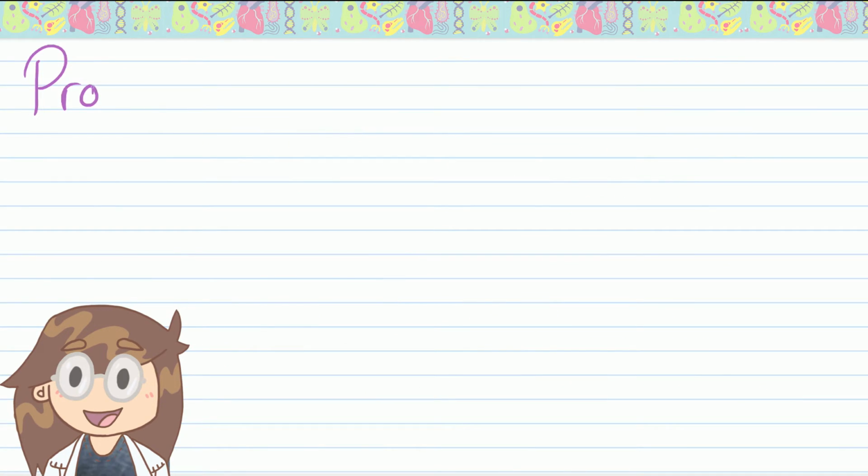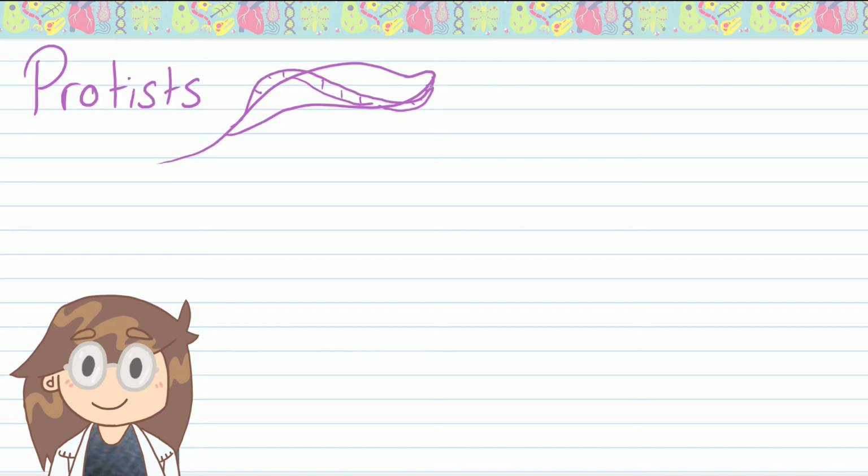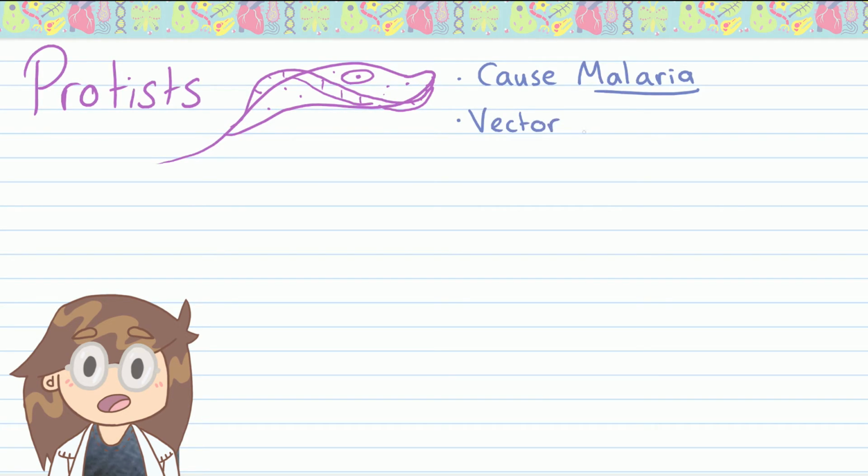Our last pathogen is the protist. The most famous protist, and the one you need to learn about for your exams, is the protist that causes malaria. You may already know that malaria is passed on by mosquito bites, but many people wrongly think that it's the mosquitoes themselves that cause malaria. The truth is that mosquitoes are just taxis for the real culprit, the protists. Animals such as mosquitoes that carry the disease or the disease-causing organism but aren't affected by it themselves are called